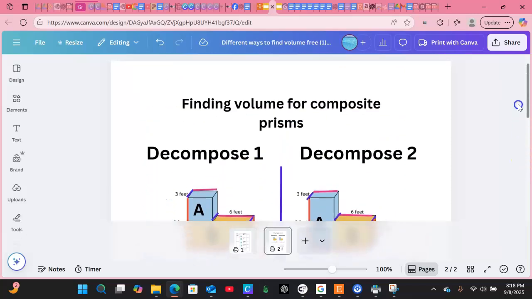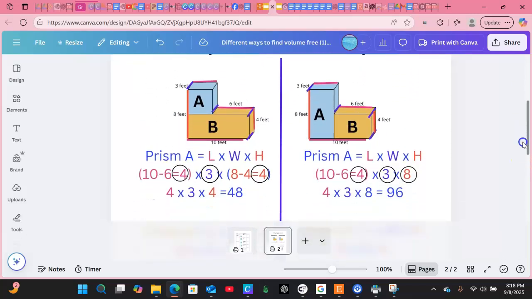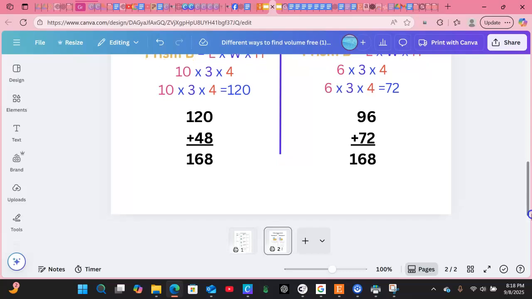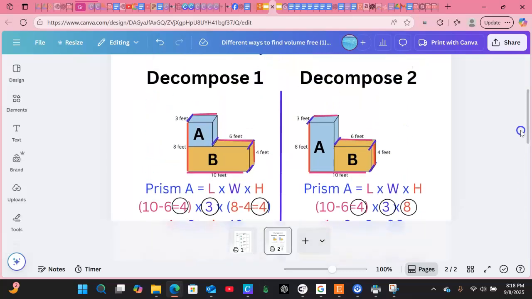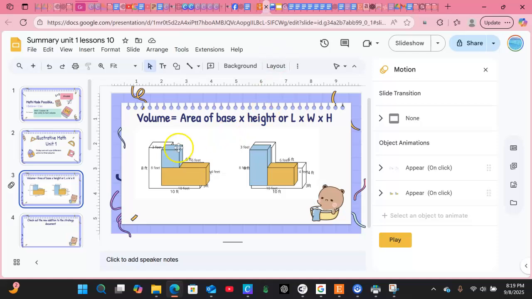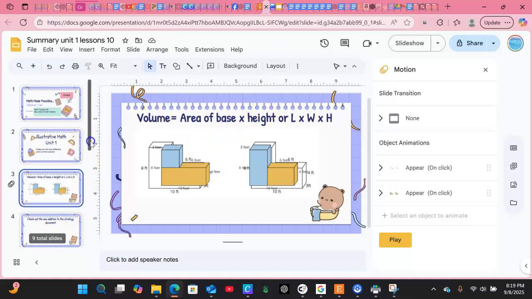Okay, I do want you to print this sheet out. I'm praying that you have color so that you could see it color coded. And I hope I didn't make you confused. But if you did get confused, you know what I tell you to do all the time. I always tell you to do this. Go back